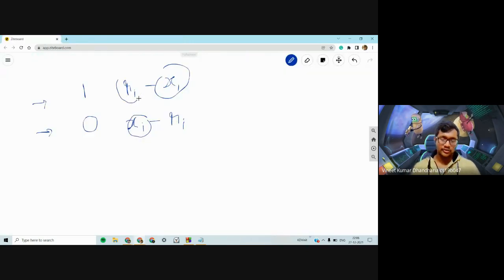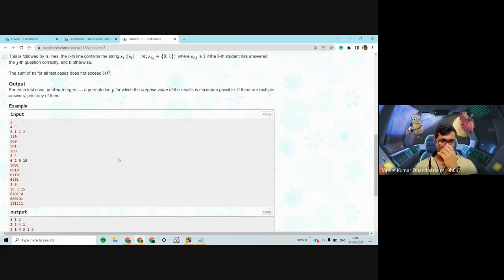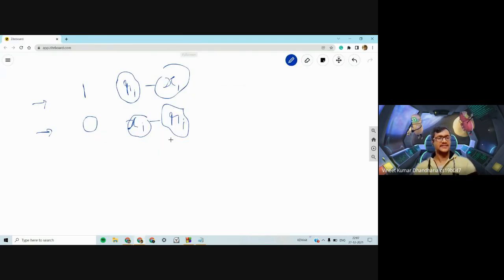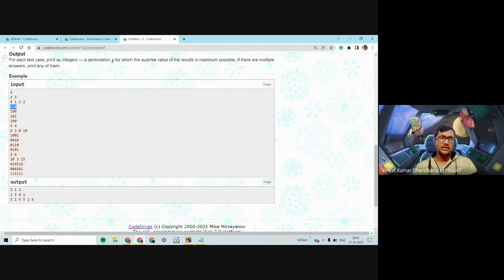Thus, it would be positive for students who will get greater than their expectation, and it would be negative for students who are getting less than their expectation. So you can just see that, suppose this student contributes positively to our surprise, we want this question and this question to have maximum values. Suppose this student is going to contribute negatively, he would do this minus ri. Then we want this value and this value small.